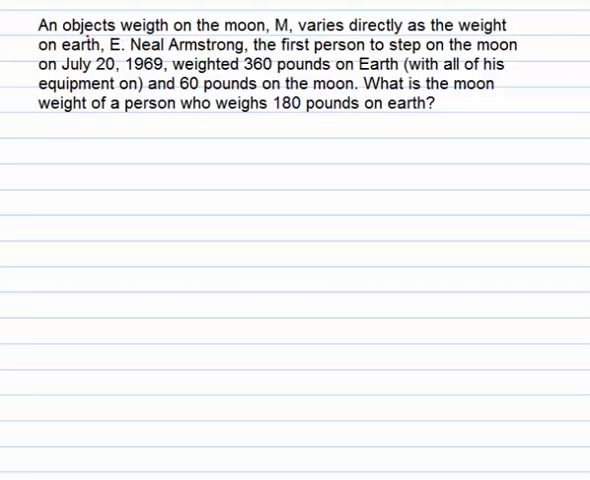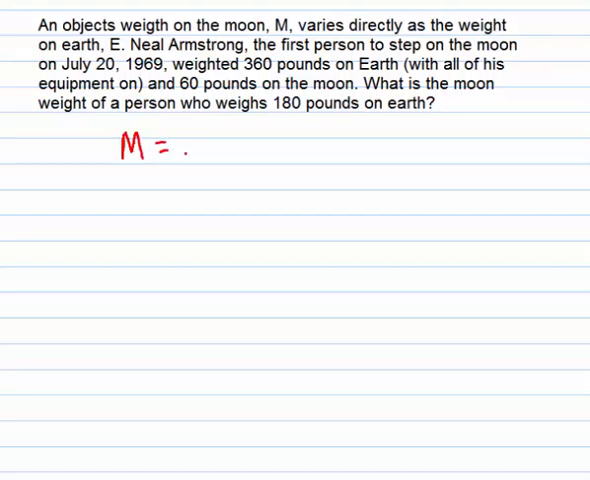Our first example is an object's weight on the moon varies directly as its weight on the Earth. Neil Armstrong weighed 360 pounds on Earth with all his equipment on and weighed 60 pounds on the moon. What is the moon weight of a person who weighs 180 pounds? Okay, so varies directly means that the moon weight